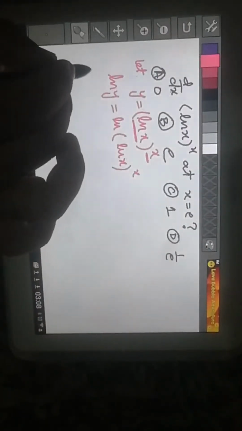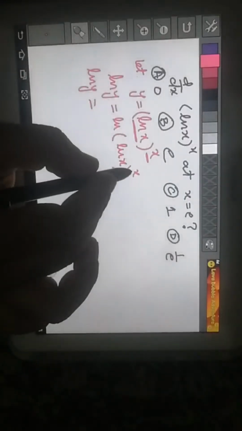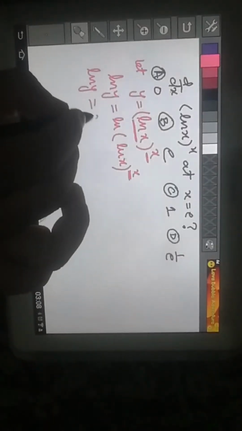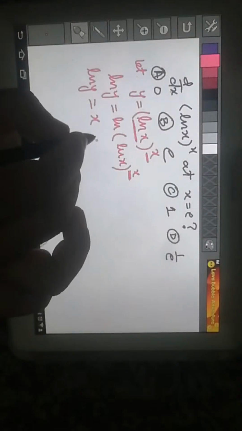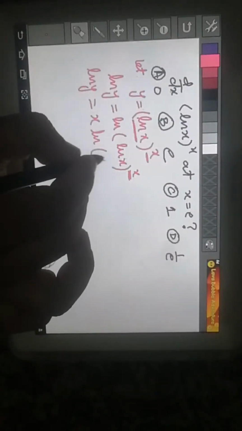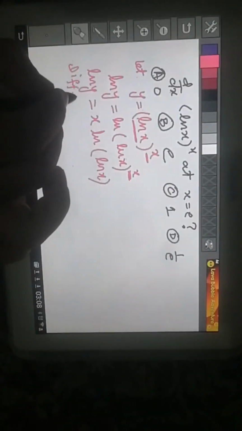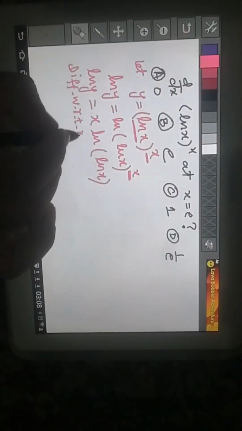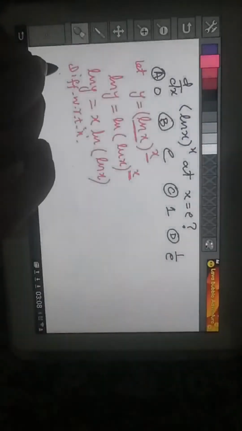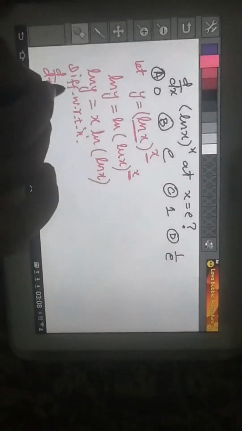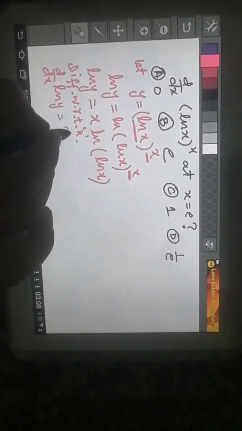Now we know the log rule that it brings the power in the beginning. So this power will be brought in the beginning: x natural log of x. Now we differentiate it with respect to x, d by dx of natural log of y, d by dx of the right hand side,